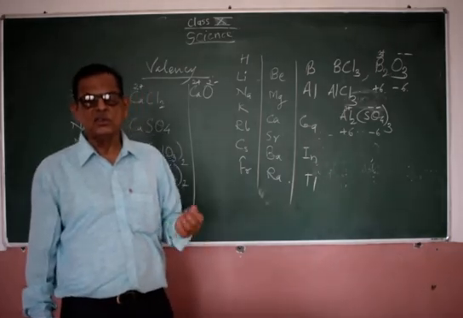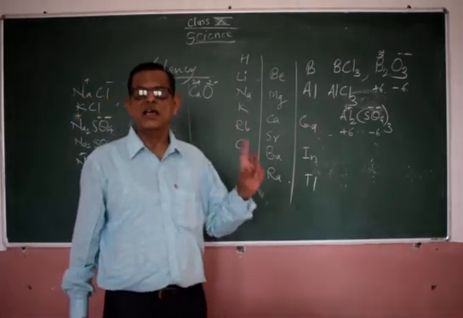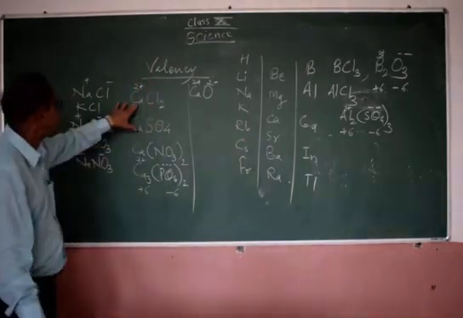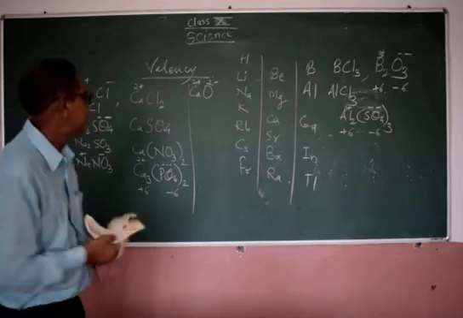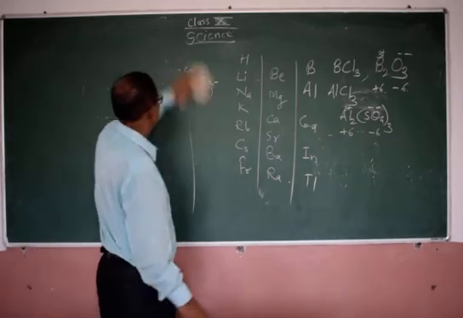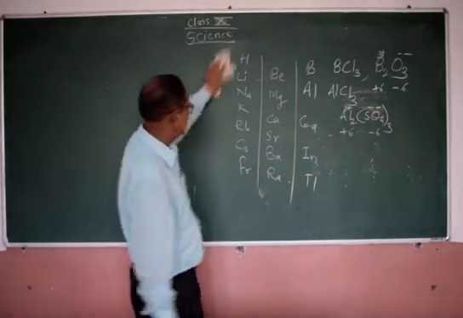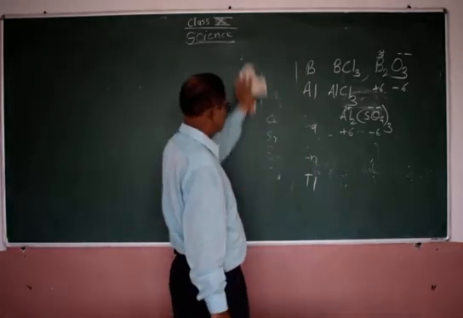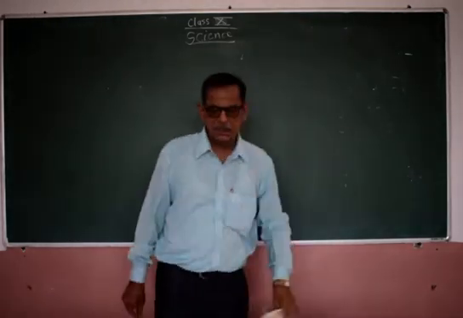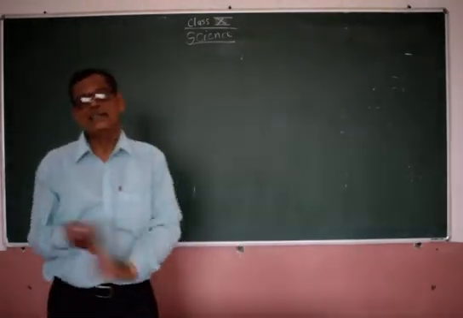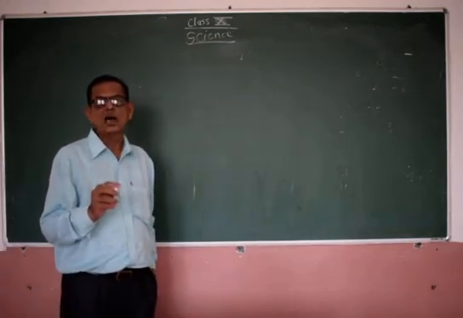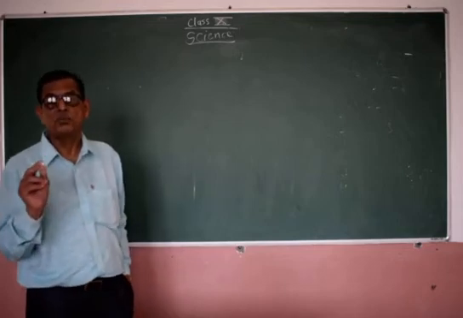During electrolysis, anion goes to the anode and cation goes to the cathode. So in this way we can write the formulae of the various compounds. So this is all about valency, and we have studied all these formulae in the 9th standard. Now I tell you again about the variable valencies of the elements.